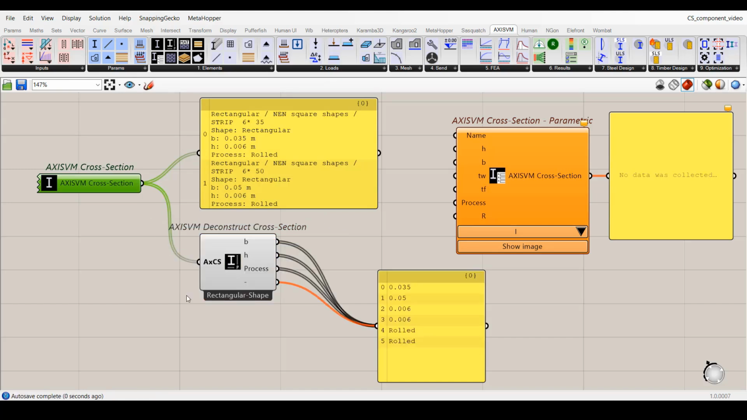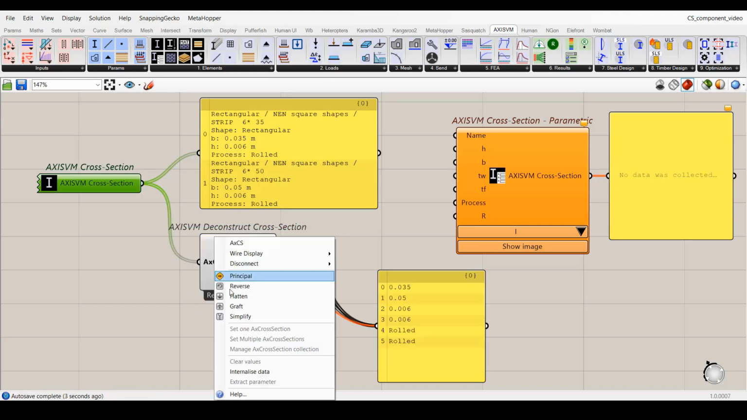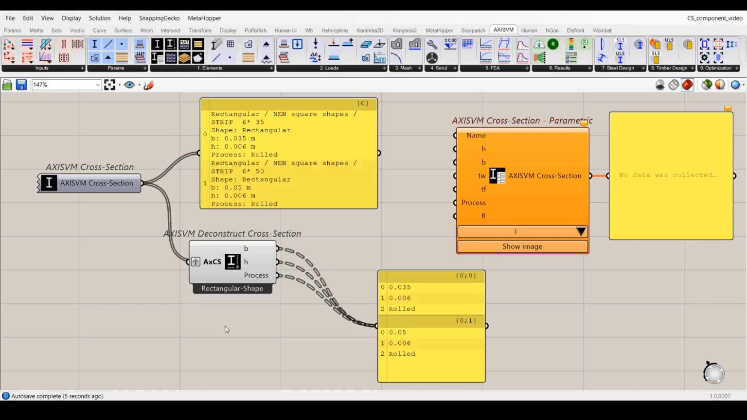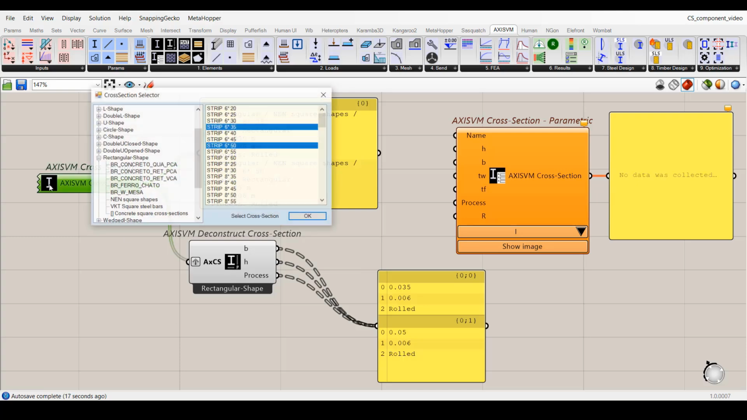Since I deconstruct more than one cross-section now, I graft the input parameter to group the values on the output. These rectangular cross-sections have only three parameters. To remove the unnecessary fourth output parameter, I use the Match Output feature of the pop-up menu. I keep the first selected cross-section